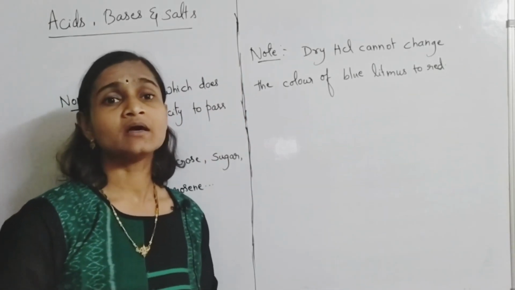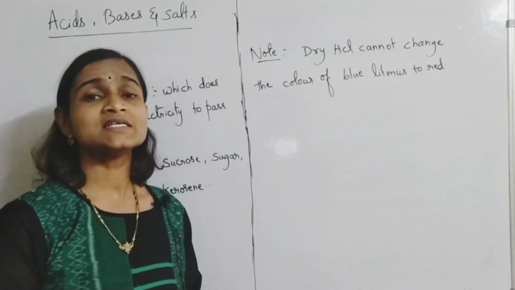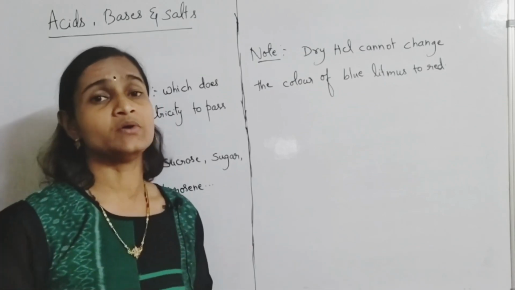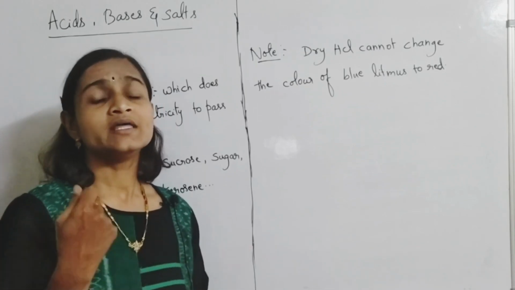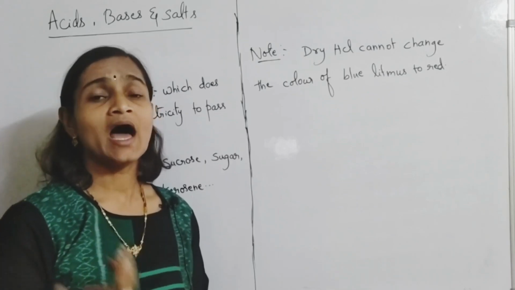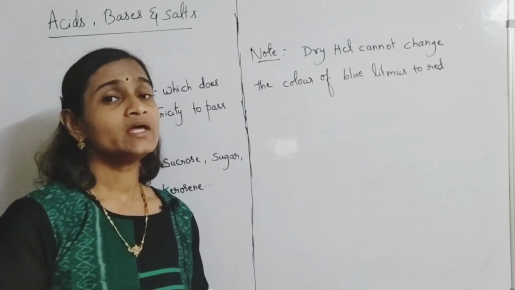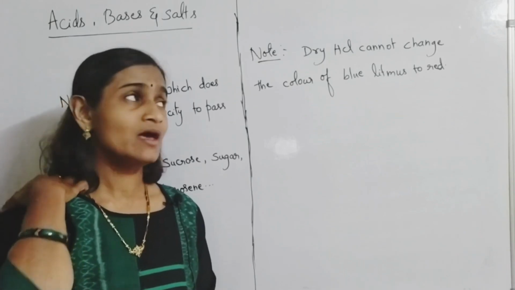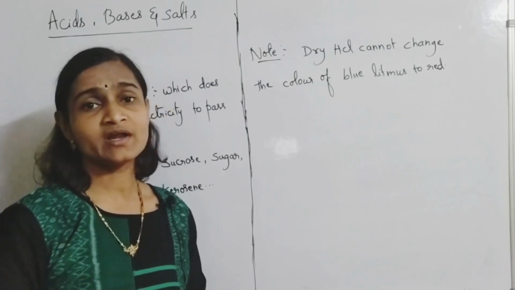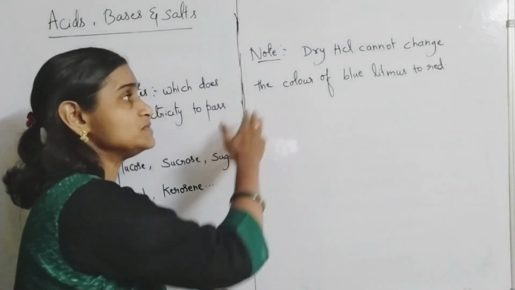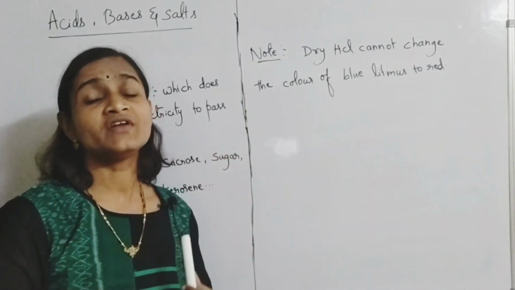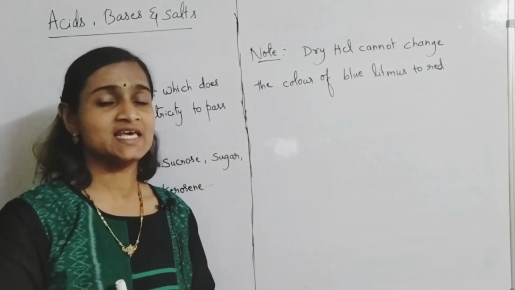Why is it like that? Because water molecules consist of H plus and OH minus ions, and water molecules give mobility to those ions. Ions have to move. If ions are not there, then mobility will not happen and color change will not happen. So that can be observed by the liberation of dry HCl